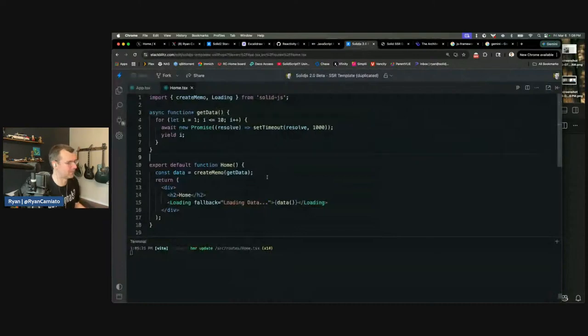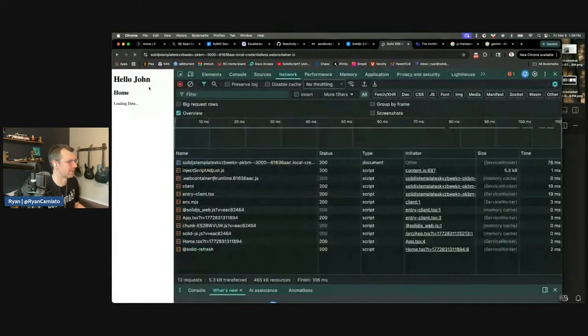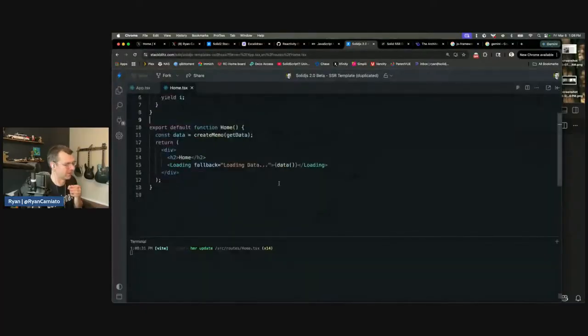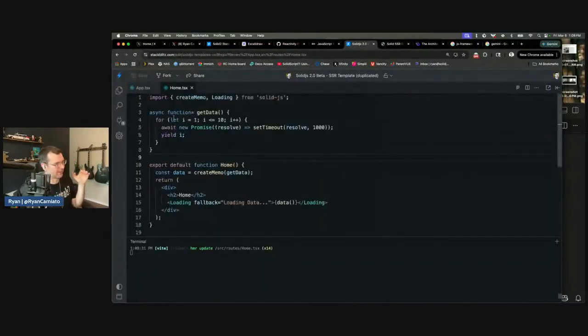Yeah, the StackBlitz is pretty good about handling the save stuff. Yeah, so there's a bug, and I'm gonna work on fixing this. But for people not quite following what this is doing, this async iterator function is on the server during SSR initially. So it's actually streaming the data results over the HTML,